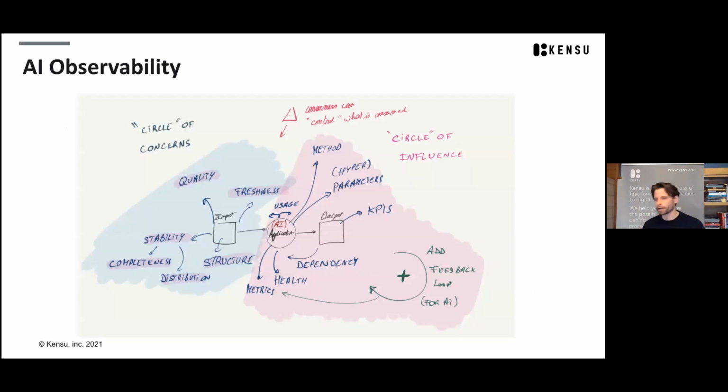So again, sorry for my bad drawings, but there are many things that can be extracted automatically from applications when they're running, because what you want to control is your output, your application in a way, right? So you want at least this kind of information. You want to control, or have a view on, or observe the structure of your inputs, the stability of your inputs, like whether it's complete, whether the distributions are still okay, right?